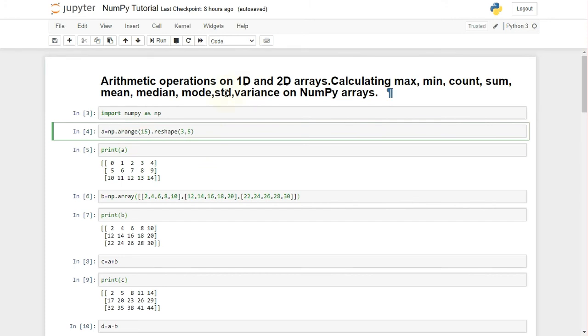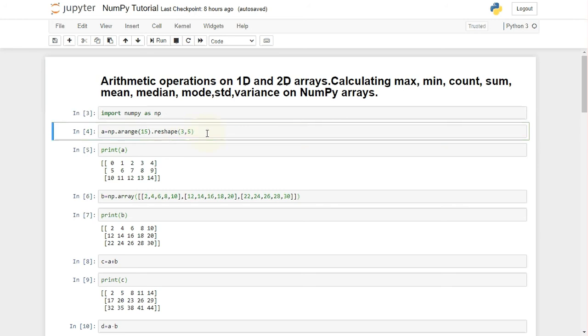Now arange will give us numbers from 0 to 14, which is 1 less than this 15. Then we will reshape our 1D array to a 2D array having 3 rows and 5 columns. Here we have only two dimensions, one is row and the second is column. That's why it is called a 2D array.